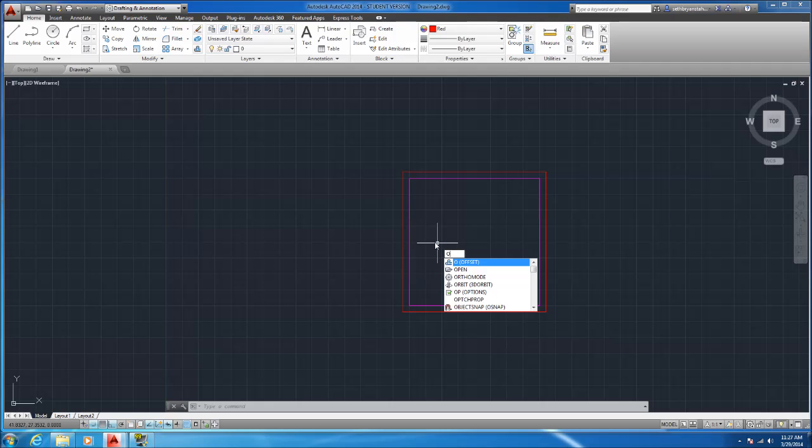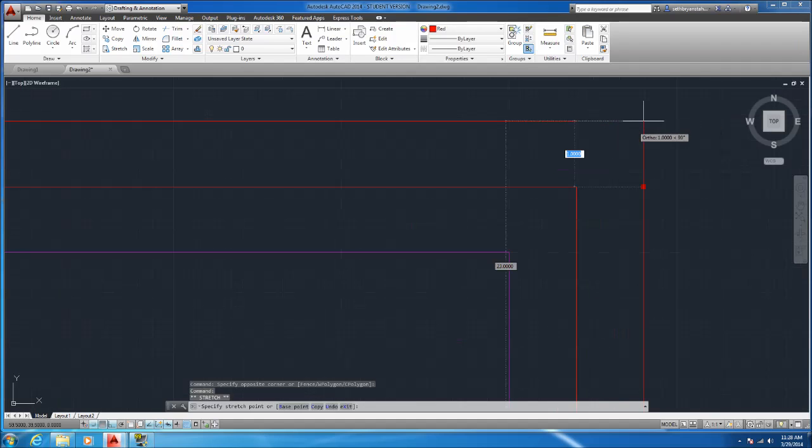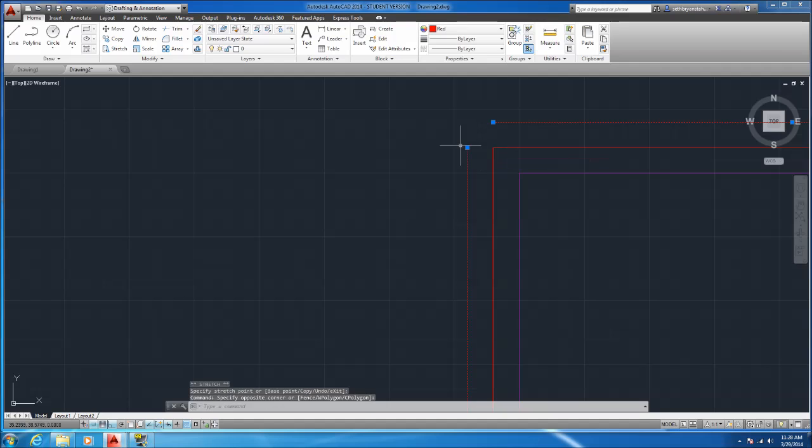If you do, pretty much it's the same process. You type in O, press enter, except this time you're going to offset the red line, and then you can change it to another color if you like. I'm actually going to change mine probably to a green, just so I don't keep getting confused with all the